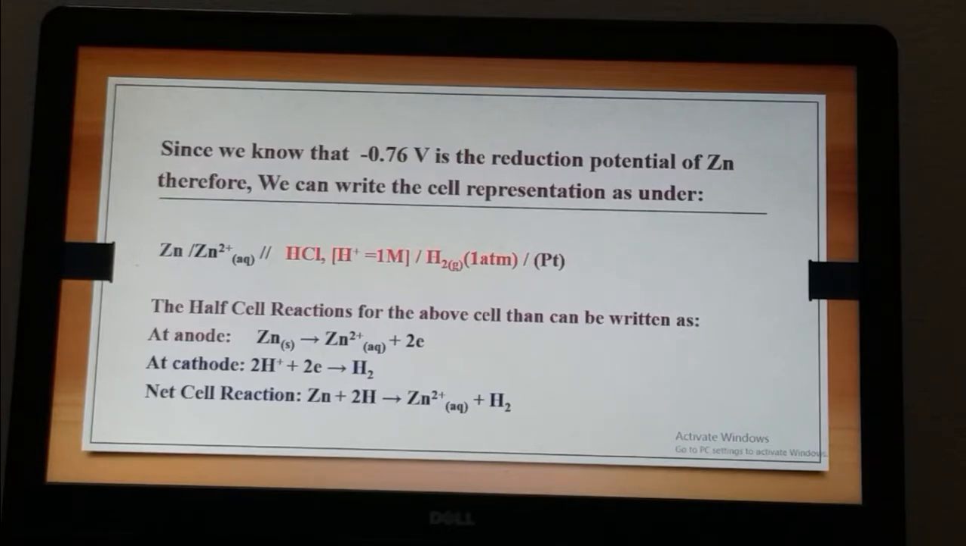The half cell reactions of this cell can be written as: at anode, the zinc will get oxidized to produce zinc ions with a loss of 2 electrons, and at cathode, the hydrogen ions will accept these 2 electrons coming from the external circuit to get reduced as hydrogen gas. And here I have mentioned the net cell reaction also. So this is how we can calculate the electrode potential of a given electrode under test using the standard hydrogen electrode as the reference electrode, and also we can determine whether the electrode is acting as anode or cathode. In the next example,